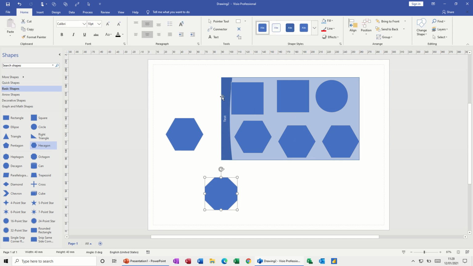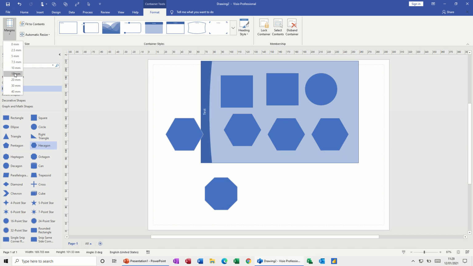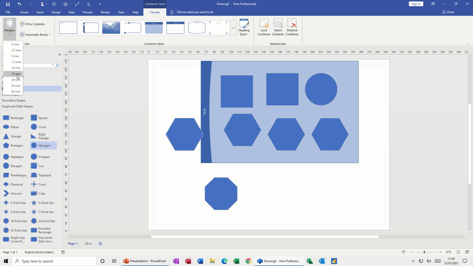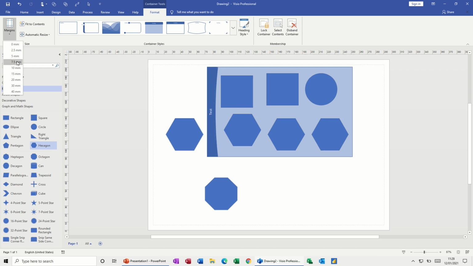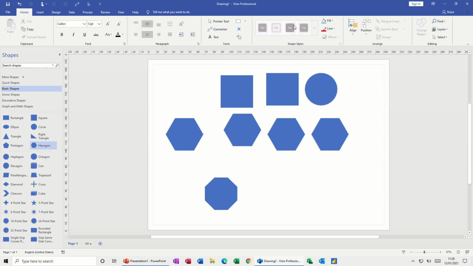So that's a quick look at these containers. Very simple to use. You've got a margin option there. If you want to extend the margin, you can see how that works. Make the margin around the shapes a little bit bigger. And then the last thing you might want to do, if you've totally messed this up, you can click on disband container, and then you're back to square one, where you might want to just put them two in a container